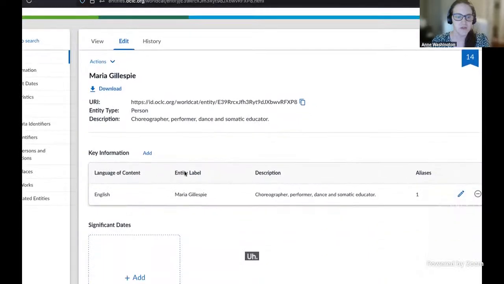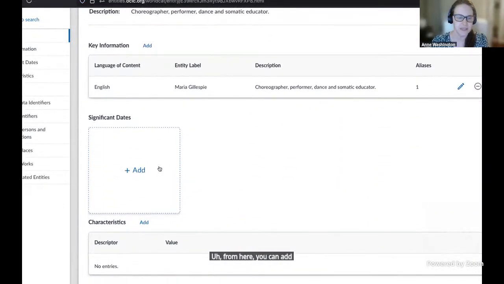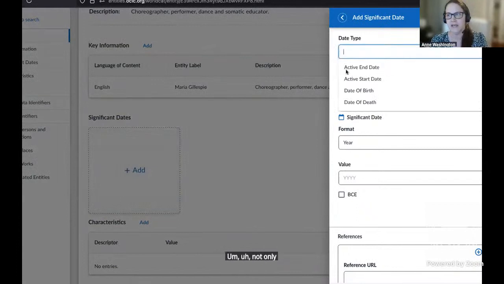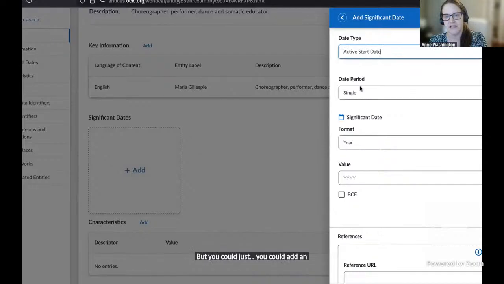From here, you can add all kinds of different information. Not only could you add, say, a date of birth, but you could add an active start date. This is again in thinking about privacy.